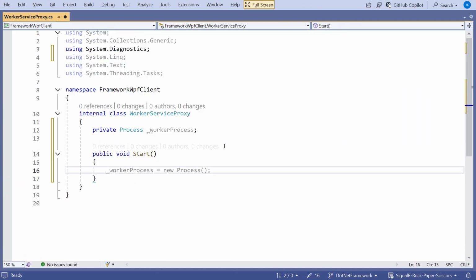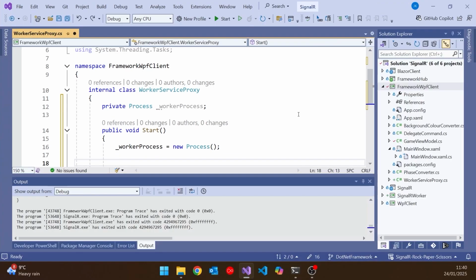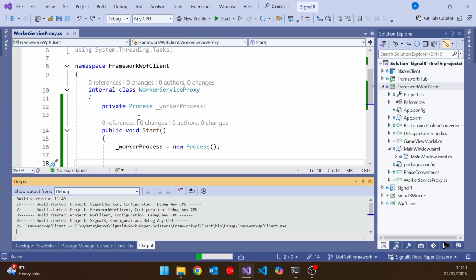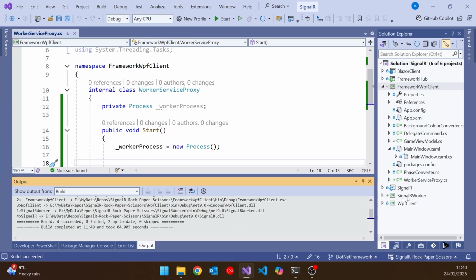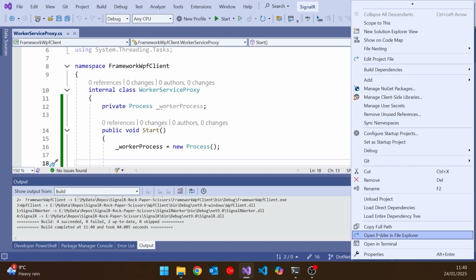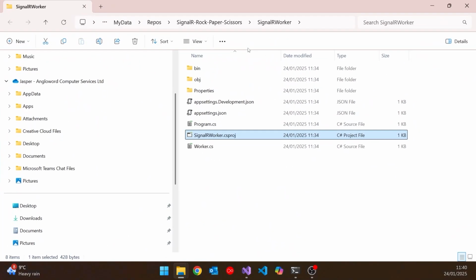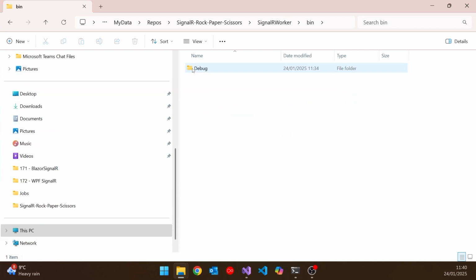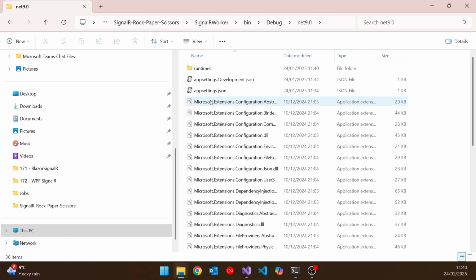And in there, I'm going to say underscore worker process equals new process. And then I'm going to do a quick build because I need to have access to the executable for this SignalR worker that we just added. So if I just do a build of everything, which isn't going to do very much at that stage, but then I'm going to bring up File Explorer and just drill down into the SignalR worker bin debug .NET 9,